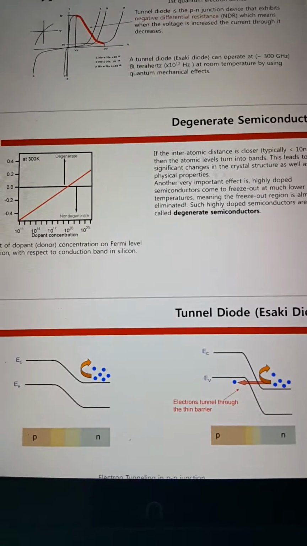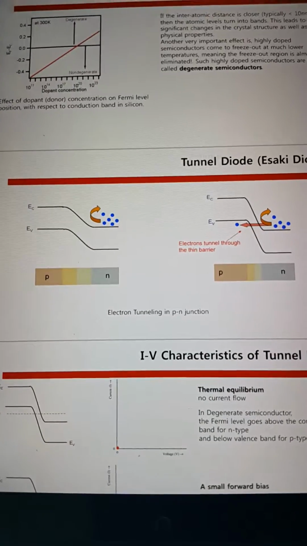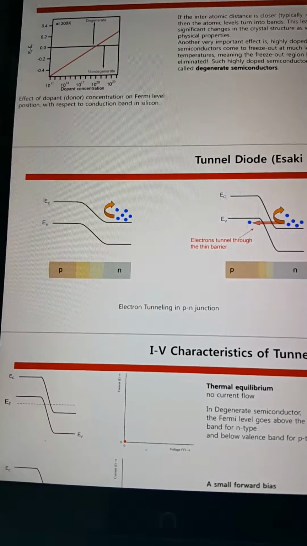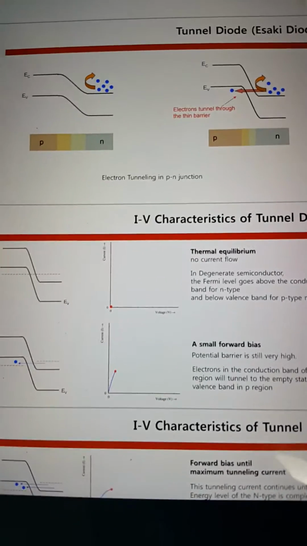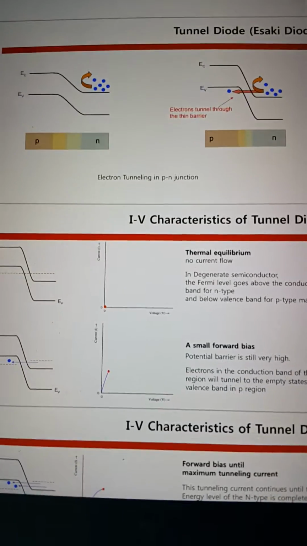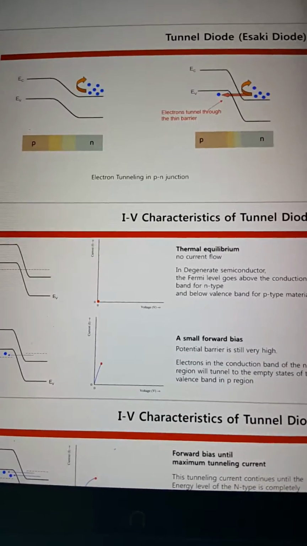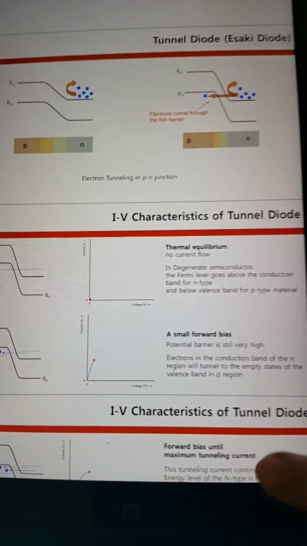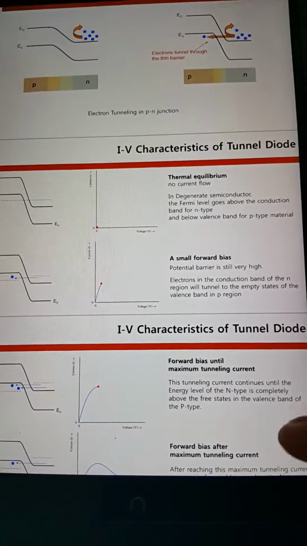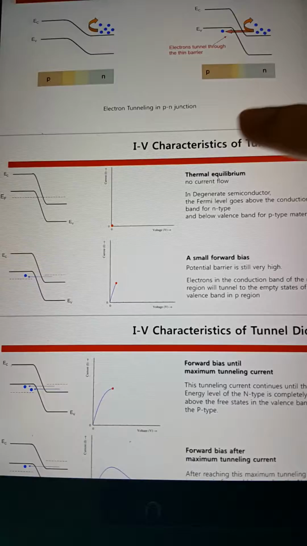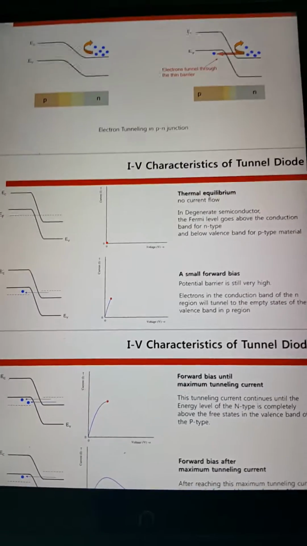And we call it a degenerate semiconductor. In a tunnel diode, electrons tunnel through the thin barrier. So we have the diode under reverse bias, making it easy to tunnel. And the IV characteristic of the tunnel diode in thermal equilibrium, the Fermi level is constant, and small